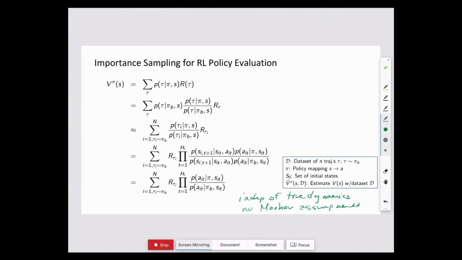Because while, particularly for space, I'm only writing here that our dynamics model is like a Markov model, your dynamics model doesn't have to be a Markov model. It could depend on the full history and it would still cancel in the numerator and denominator. So the nice thing about this estimator is it's making no assumptions that the world is Markov, and you can get this cool structure.